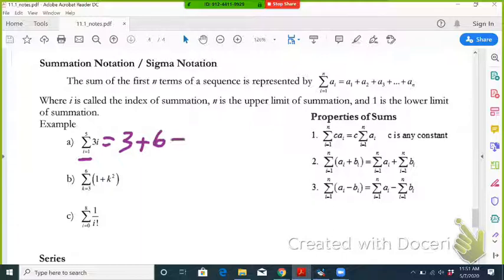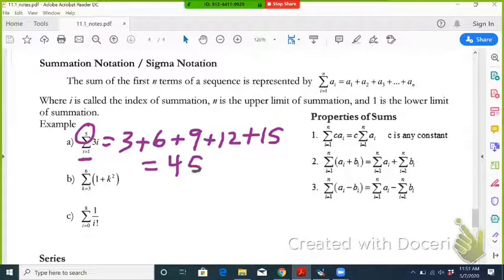Then you go to 3. 3 times 3 is 9. 3 times 4 is 12. 3 times 5 is 15. And I stop right there because 5 is the last number. Now add these together. We're going to learn ways to do that in later sections, but for now, the sum comes out to be